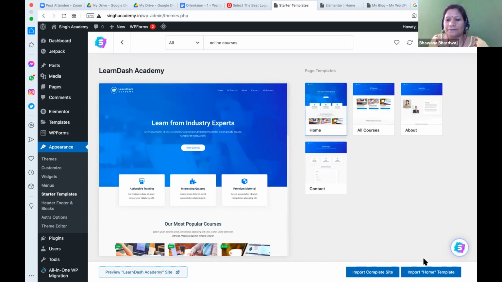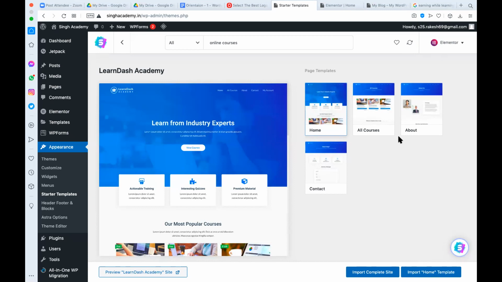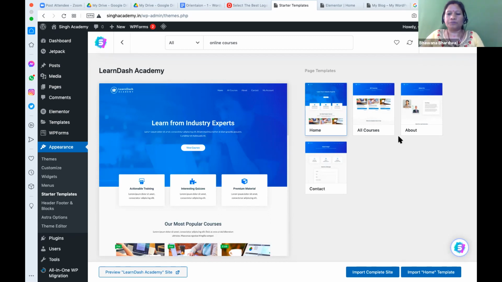Correct. So I had one more question with regards to the parent and the child page. What I understood is, for example, in the about section, I want to include more pages. So about would be my parent page, and whatever page I'll be adding in the about section will be my child page. Is that correct? Perfectly, yes.